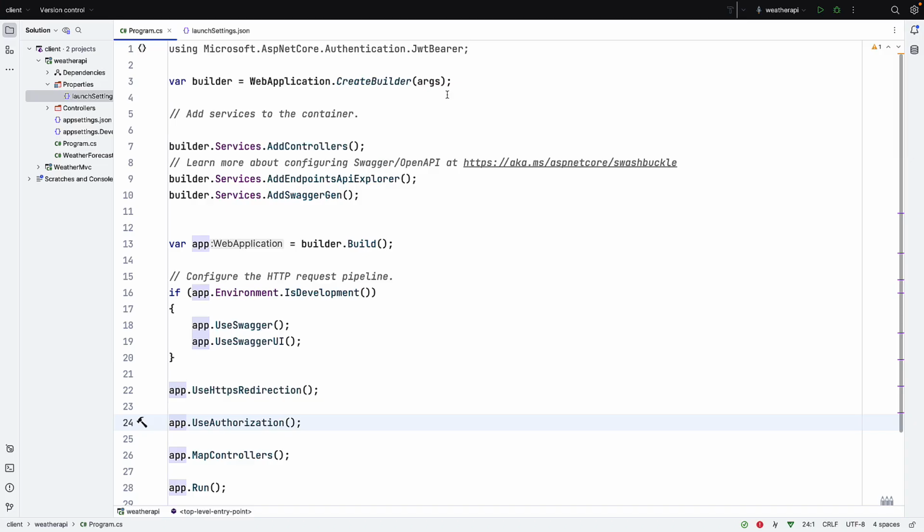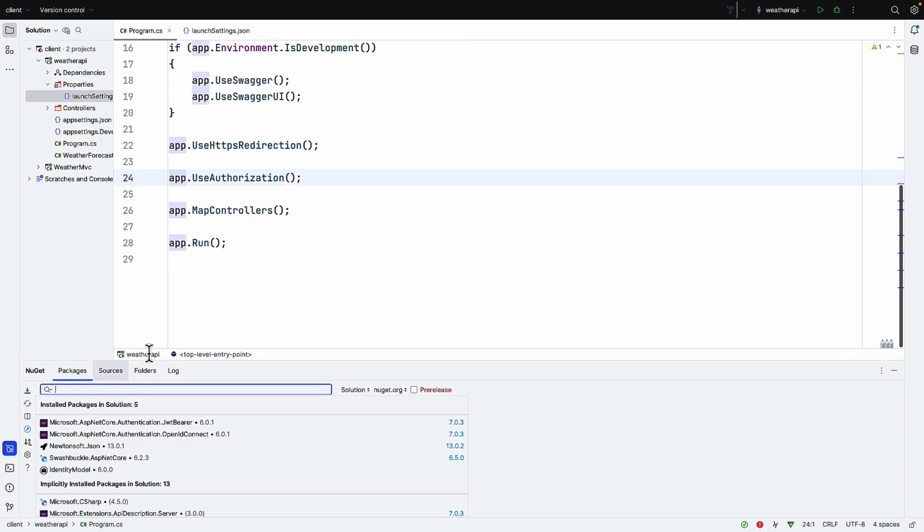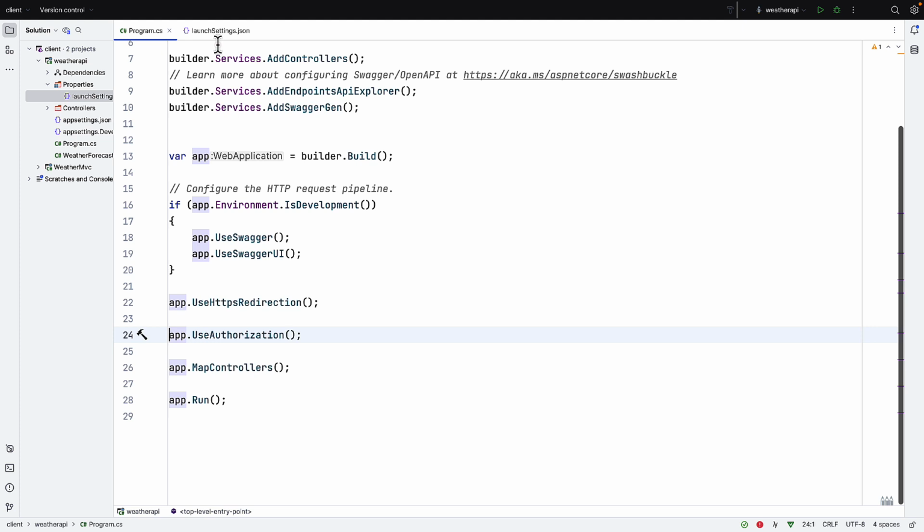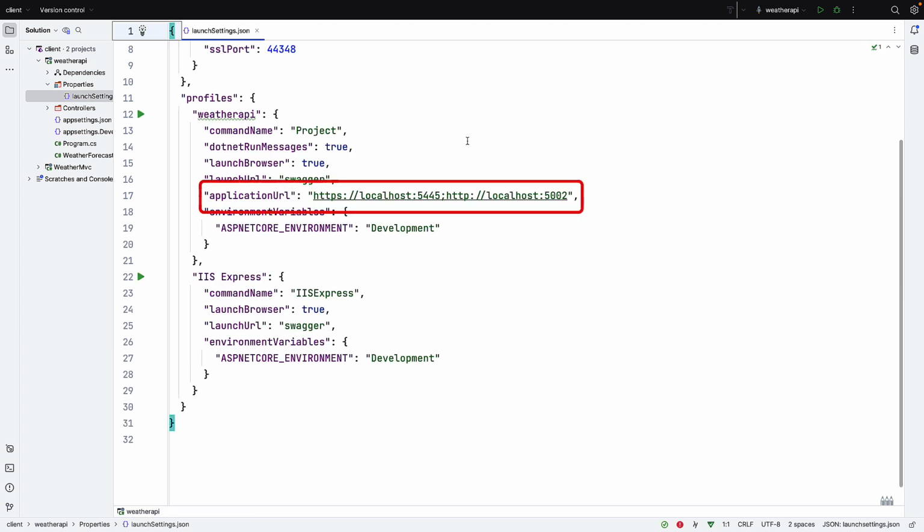So this is the first application, and I've opened this up inside JetBrains Rider. I've created this application from the REST template, so this is the default weather services application. I've made a couple of additions and changes to this. Firstly, if I look inside NuGet, we have these packages. So we have the JWT Bearer package from Microsoft and the OpenID Connect package from Microsoft, and we'll need those. I've also changed one of the launch settings. So my application, when it launches, will listen on HTTPS localhost port 5445, and we'll need that information when we